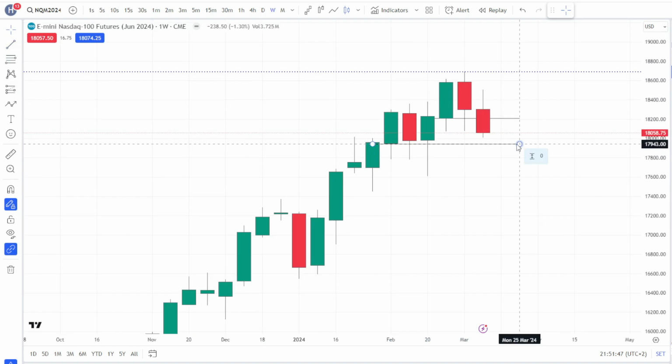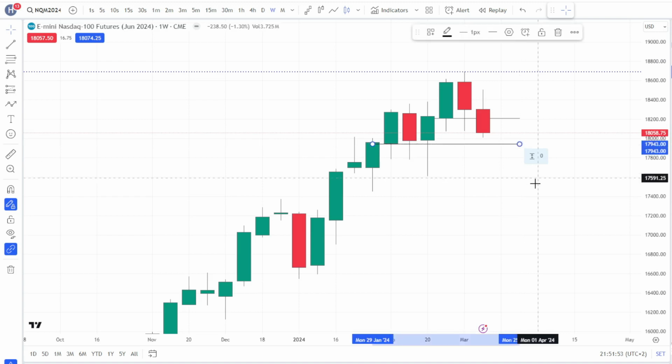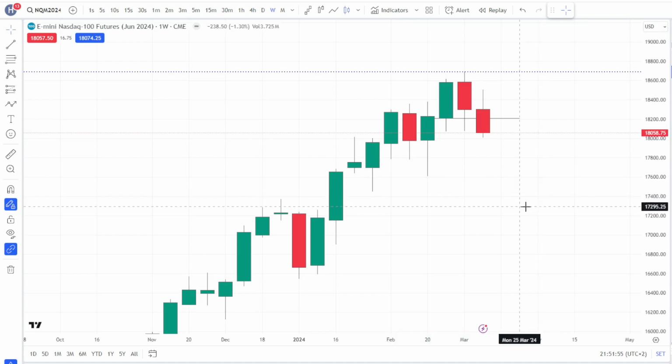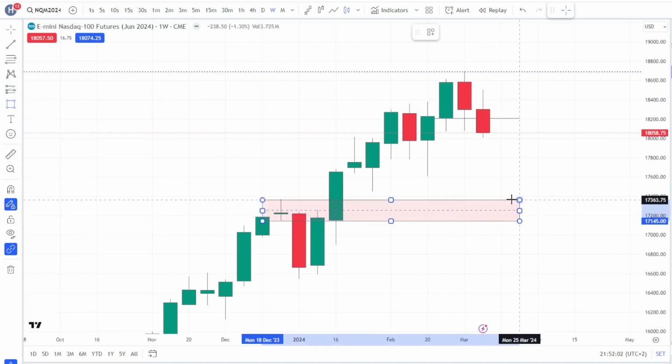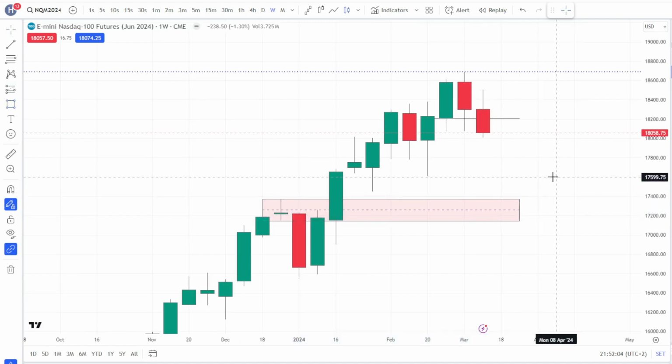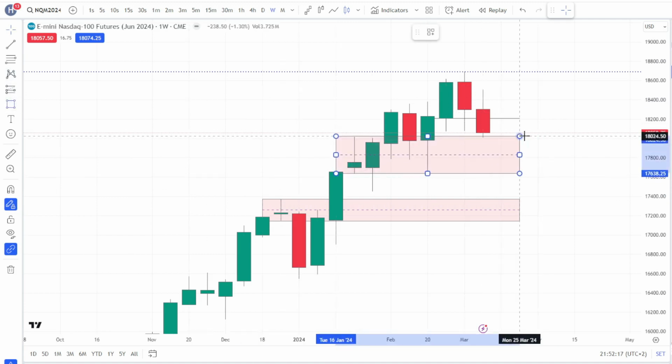This is just an absolute rational area for price to reach. And actually even lower. We have a breaker here that I'm going to mark. This one, a weekly breaker. All right. That price would likely go down here, but I won't be surprised if price just will capture this